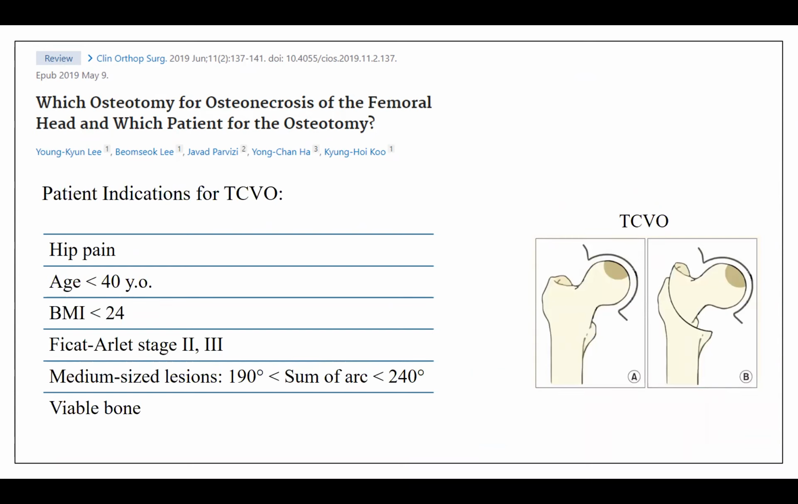The study also tried to see which patients would be ideal candidates for the TCBO. They found that patients who had hip pain, who were less than the age of 40, BMIs less than 24, who had an AVN classification score of 2 or 3, had medium-sized lesions, and had viable bone were considered to